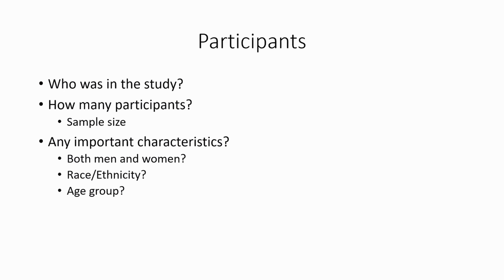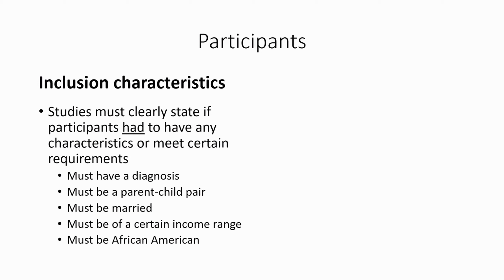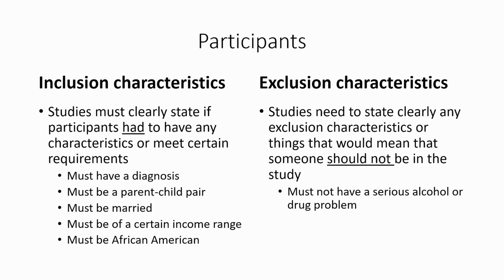I'll talk about this, how to get your sample size and things like that. Inclusion characteristics are things that you have to consider. Exclusion are things that you have to make sure that they are not. Studies need to state clearly any exclusion characteristics, or things that will mean that someone should not be in the